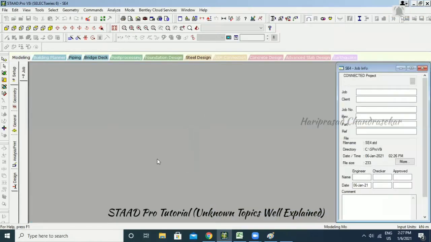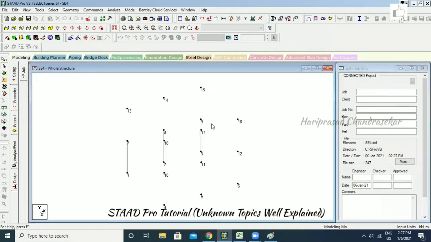Now can you see we have got another 2 members. So in total we have 3 members now. If you want to see the member number, you can press Shift N for the nodal number, and Shift B for the beam number. So you can press Shift B on your keyboard, and it will show you the beam numbers. Take note of this, it might be useful because you can work with shortcuts if you want to reduce your time.